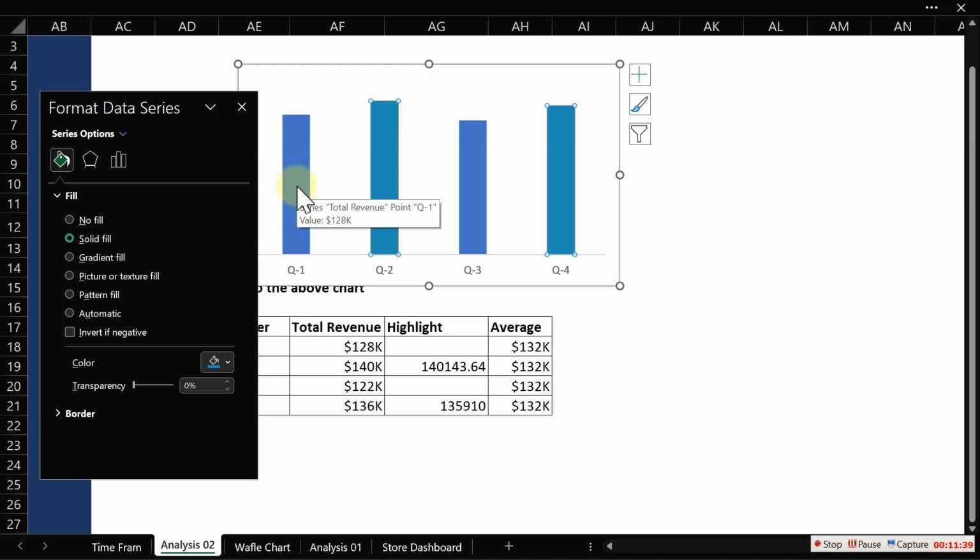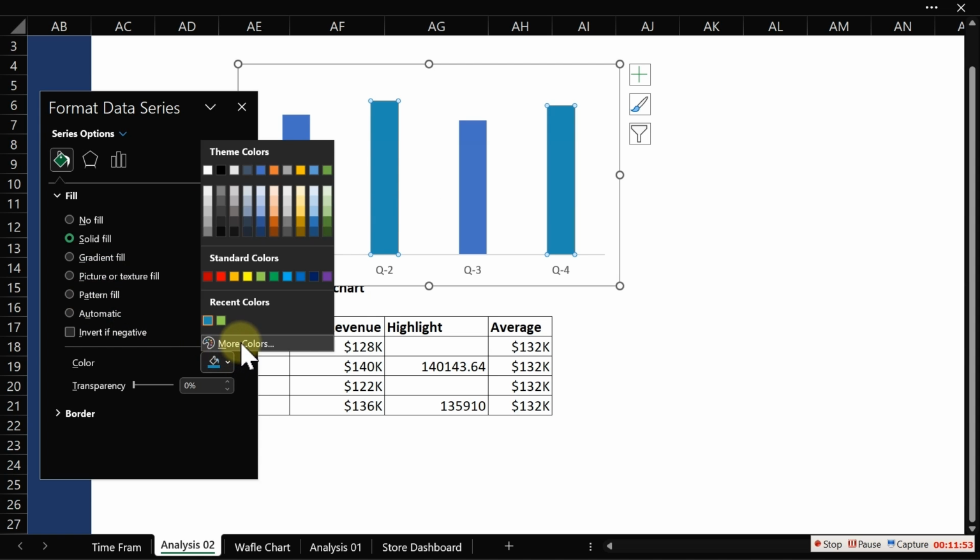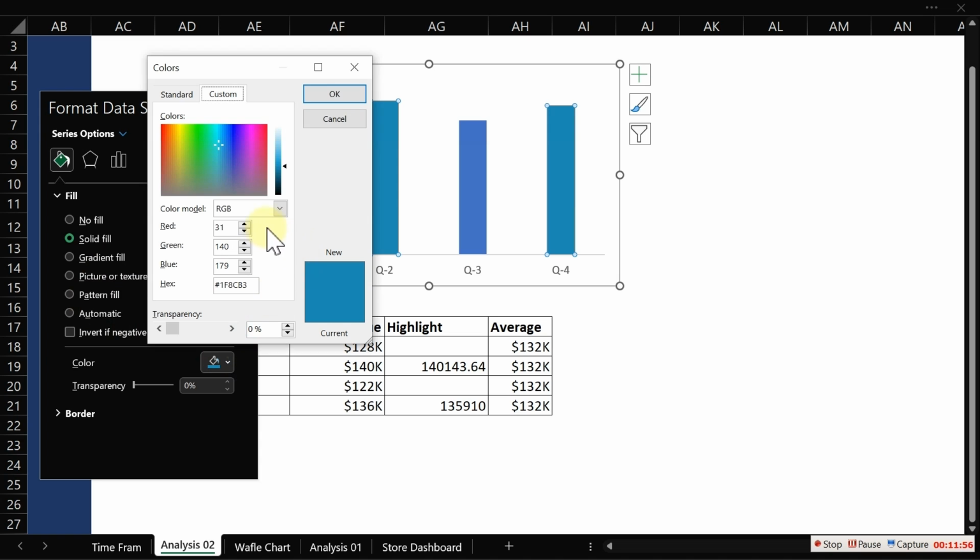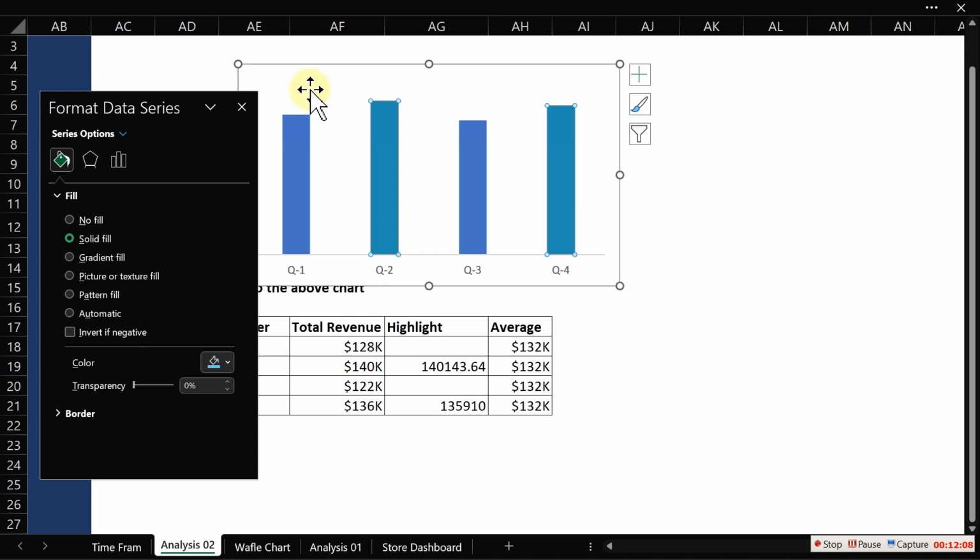This is exactly what you need to do. So for those ones that did not surpass the average, what we can do right now is change the color. So let's go over here. We go over to this again. So we do 112, and over here we do 199, and lastly we do 230, and we have the lighter